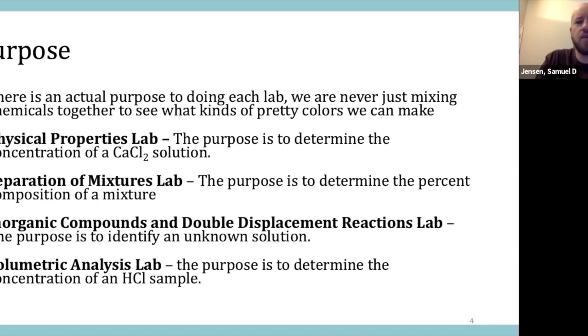The purpose of the physical properties lab, which we'll talk about next week, is to determine the concentration of an unknown. But their stated objective is more like learning how to use glassware and how to take densities. That's not why you're doing the experiment. So each lab,